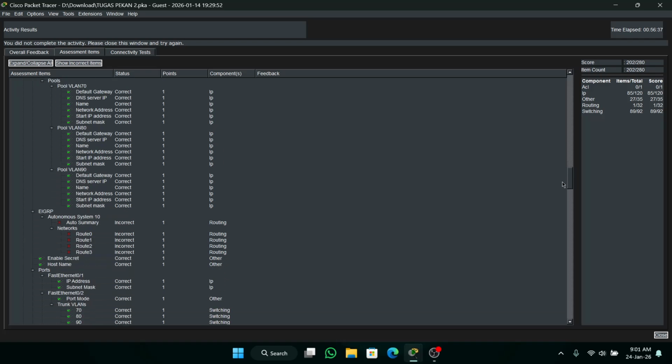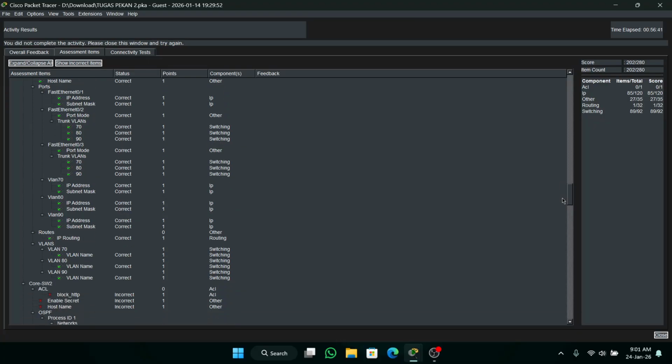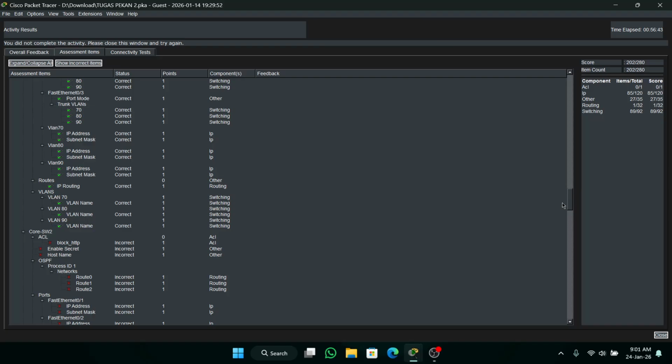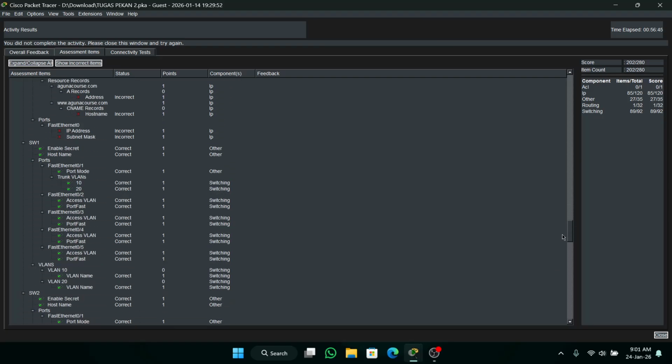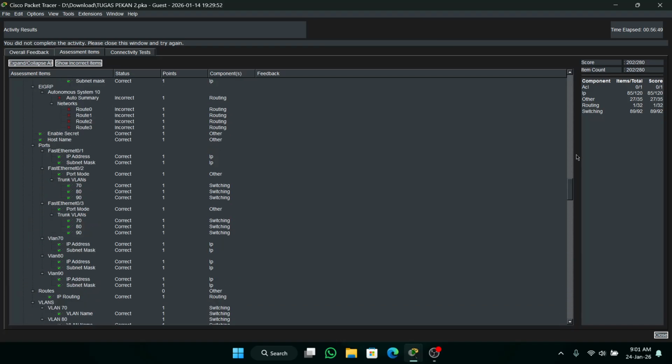Core SW1, EIGRP routes, IP routing. Okay, all is correct.